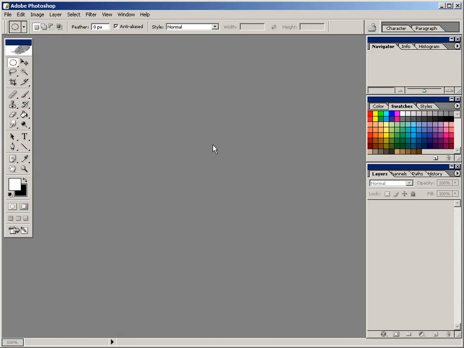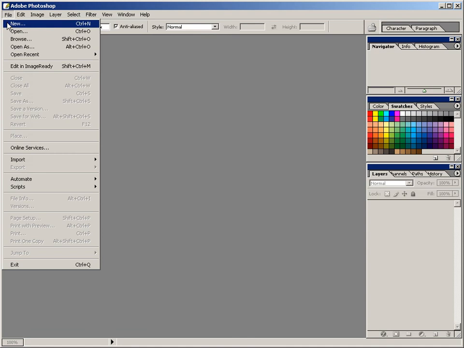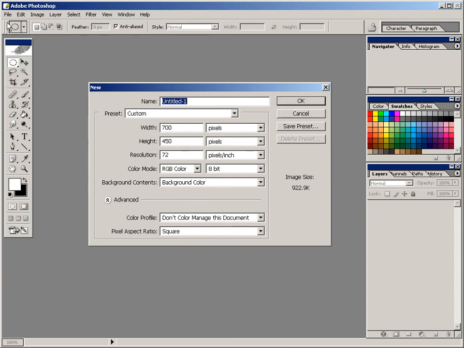Alright, it's time to create some fire type in Photoshop. Let's begin. The first thing I want you to do is come up here to File, and then select New from the menu. In this tutorial, I'm going to make the fire type quite large. Now, if you need a smaller fire type, it's recommended to make the fire type really big first and then